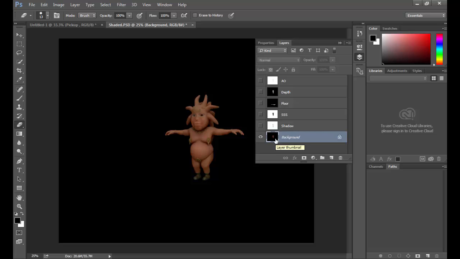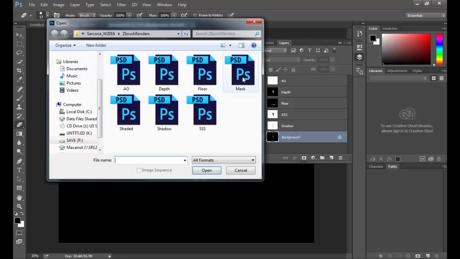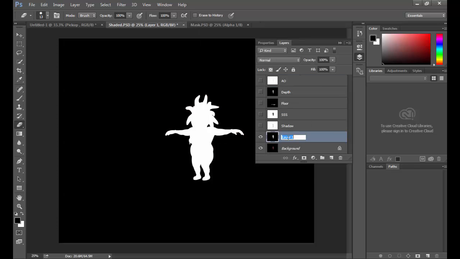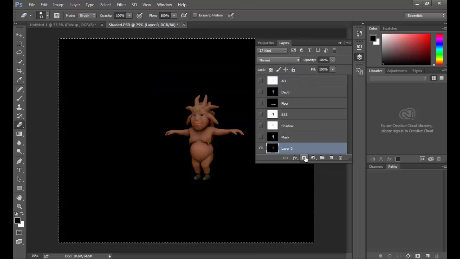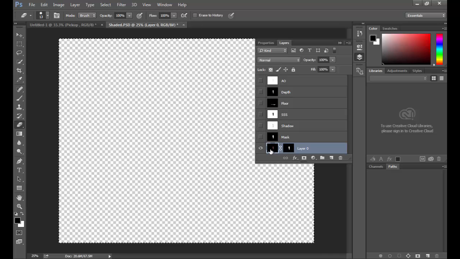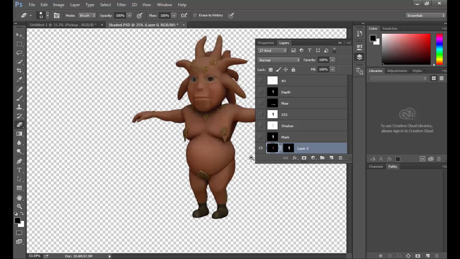Okay, so what I want to do is pull him off of that background. So I'm going to my mask, which I probably didn't open. There it is. And I'm going to control click on my mask. I'm going to copy it. And then I'm going to double click my layer and make a layer mask. Then if I alt click it, I can just paste that layer mask right inside here. And what that does is it gives me the ability to click on him and have him totally isolated from